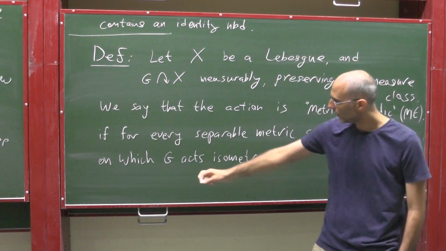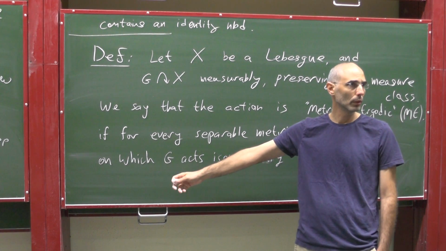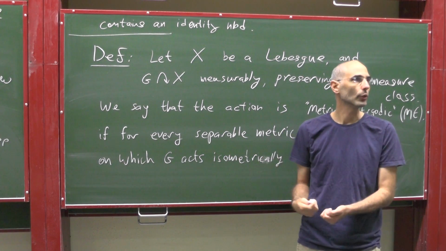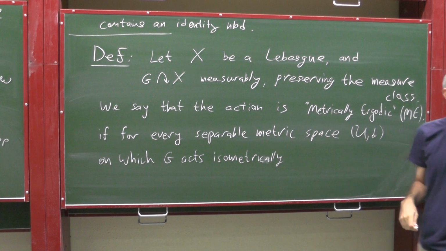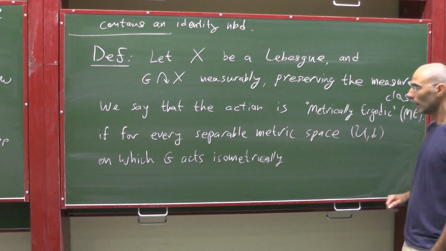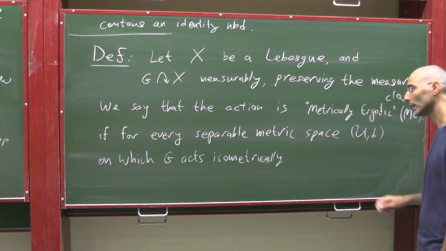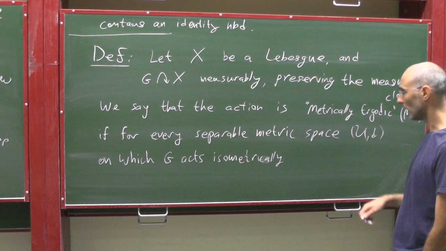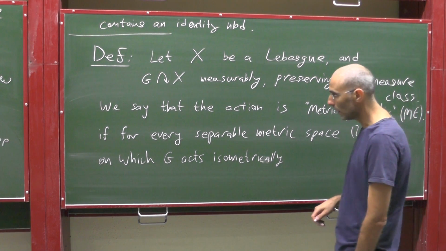By this I mean if G is a topological group, the action is also continuous with respect to G itself, right? The map G times U to U should be continuous, and the natural map from G to the symmetry group of U should actually be into the isometries. I'm not writing all the adjectives which I hope are understood. For every separable metric space with an isometric action by G,